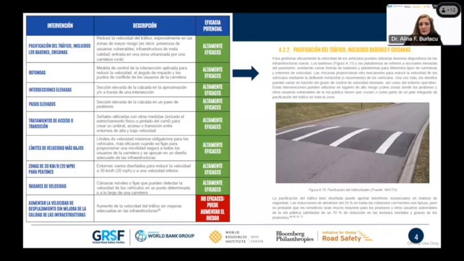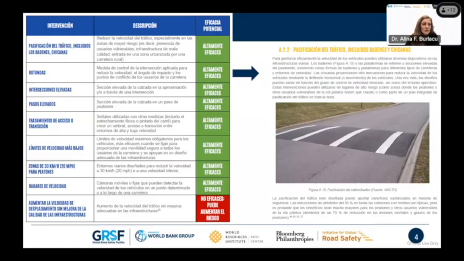So there is a dedicated section for speed management where you can find tables with the type of intervention for speed management, the description of the intervention, and also the efficiency of the intervention. So actually explaining, as I mentioned, what works and what does not work.